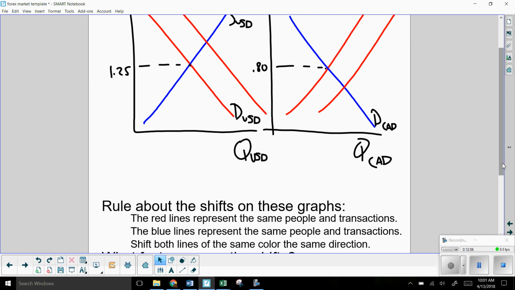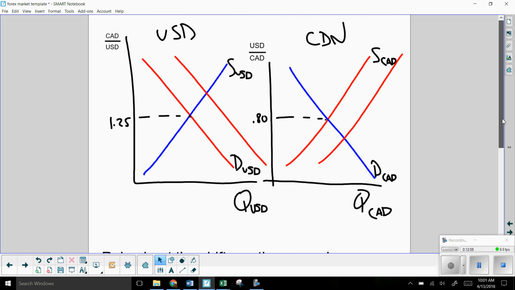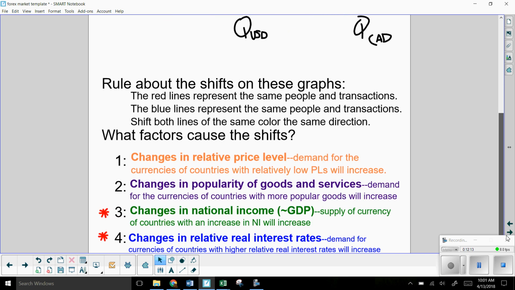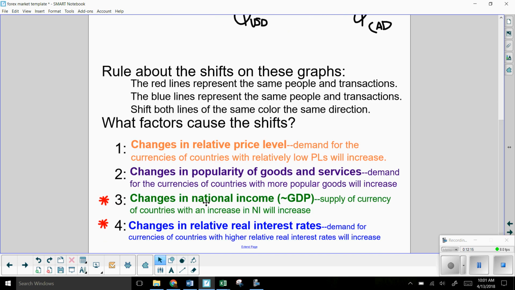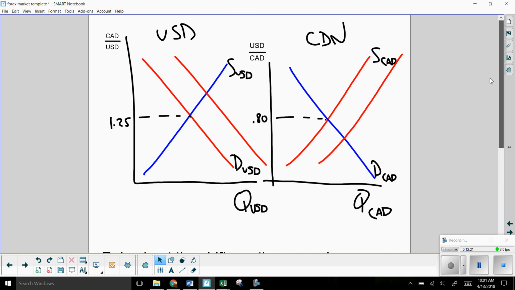Okay, let's think about that shift a little bit. So that would be an increase in demand for dollars and an increase in supply of Canadian dollars. Okay, well, here are 4 things that are categories of shifters, and we'll just apply those to the red lines shifting right. So every time we're going to think, and this might be a situation where we end up perhaps with,